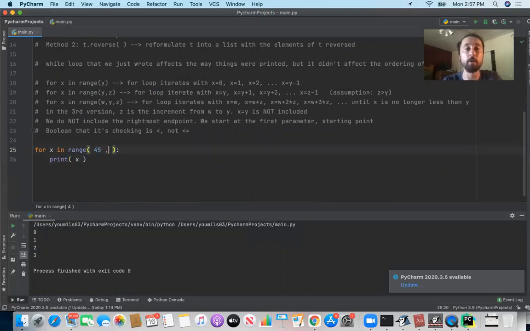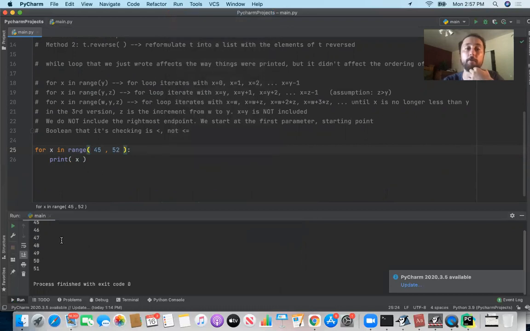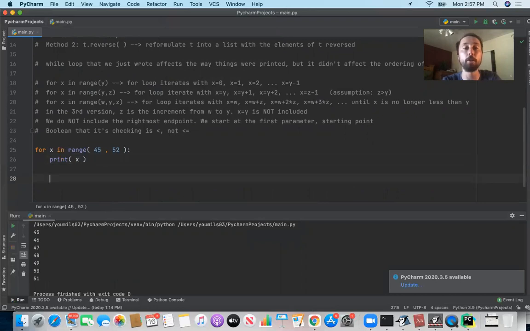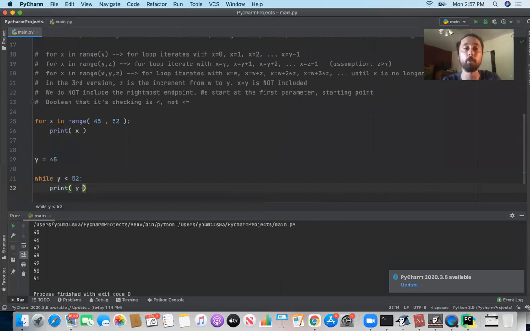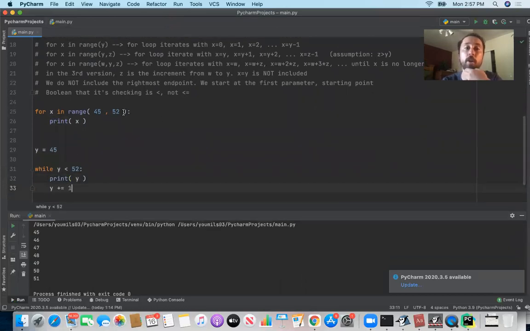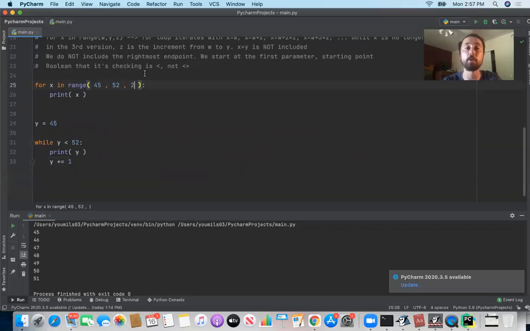What if we had said in range of 45 and 52? Then this would start at 45, and it would count up by 1 every time. Using the boolean, this is equivalent to if we had said y equals 45 while y is less than 52, print of y, and then y plus equals 1. But then we're going to stick in an extra argument here. By default, there is a 1 after the 52,